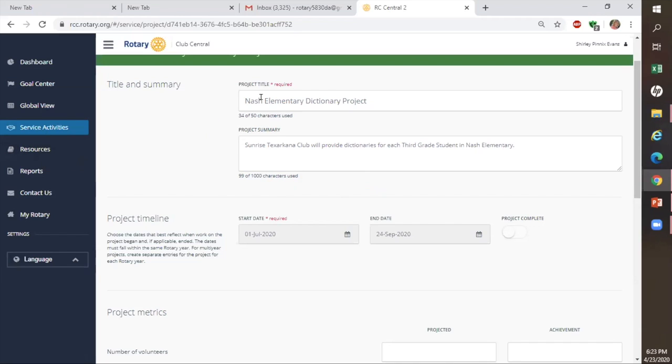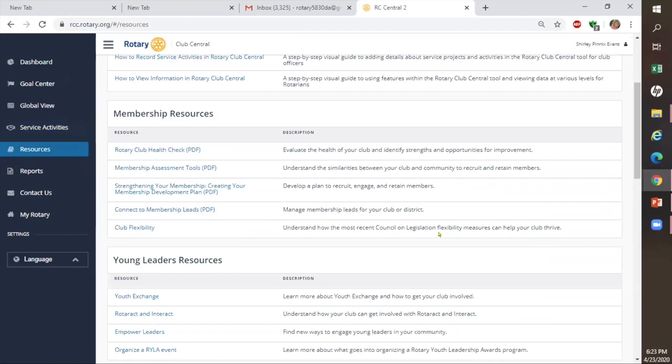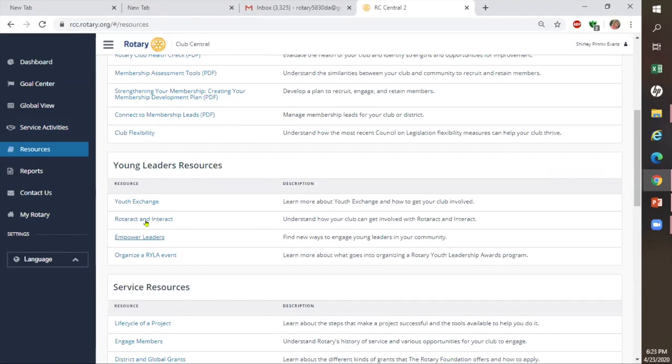Again, I'm just taking my cursor and going to the left part of the screen, and I'm going to Resources. Resources is very, very valuable. People ask me all the time, I need to know more information about Rotaract or Interact. So I went to Resources and I clicked on Rotaract Interact, and it brought up some information, and it actually